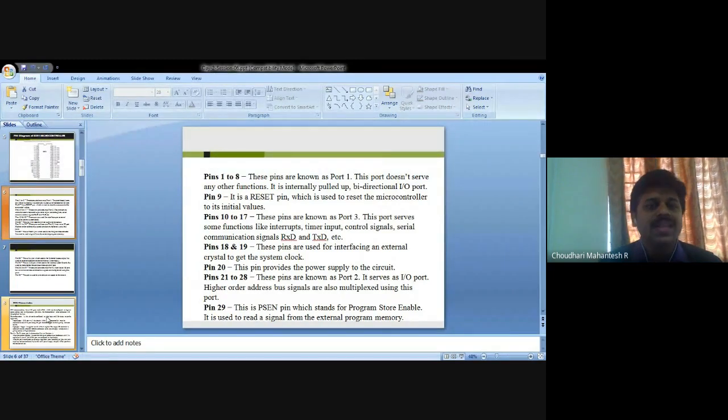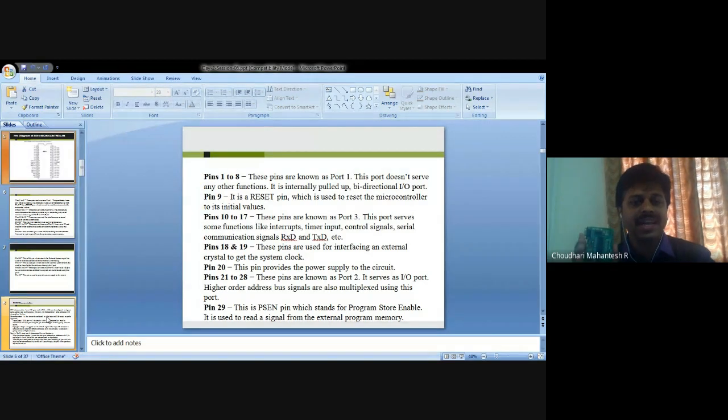So pin number 1 to 8, from my left side to right side, from the right corner from top to bottom, 1 to 8. So it is an internally pulled up bidirectional IO port here for pin number 1 to 8.